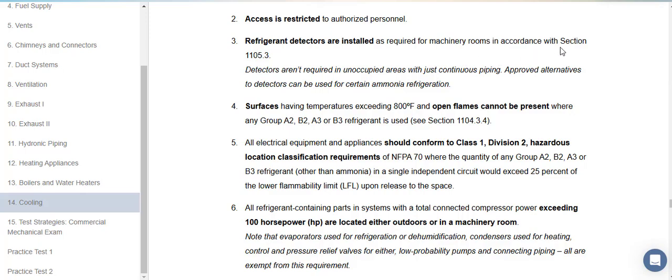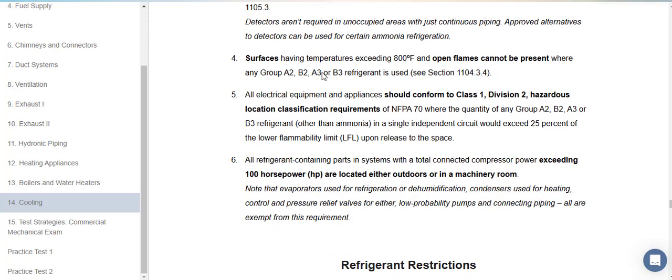Detectors aren't required in unoccupied areas with just continuous piping, and approved alternatives to detectors can be used for certain ammonia refrigeration. Number four, surfaces having temperatures exceeding 800 degrees Fahrenheit and open flames cannot be present if any group A2, B2, A3, or B3 refrigerant is used. You can see section